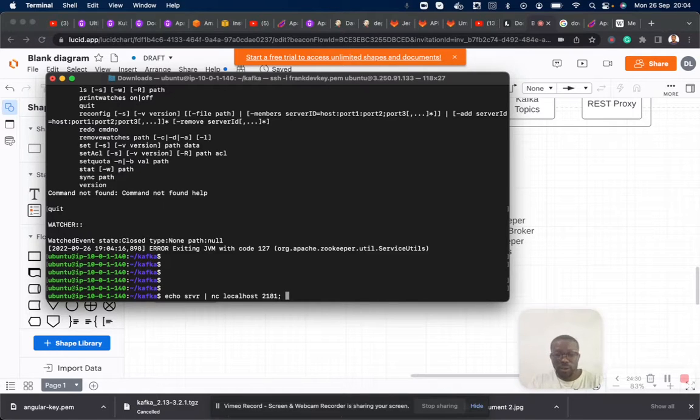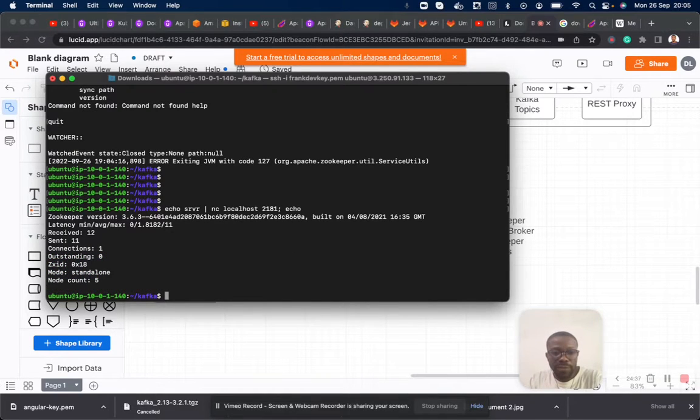Then I'm going to echo the response from the server. Let's see if we still have this up and running. So you can see the four-letter word on Zookeeper is up and running.